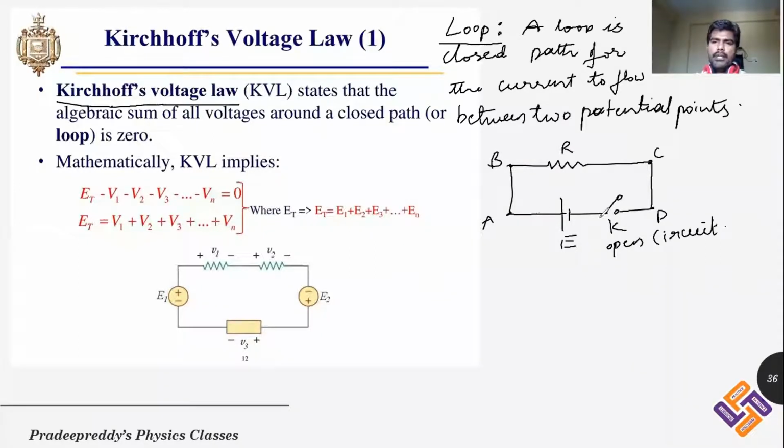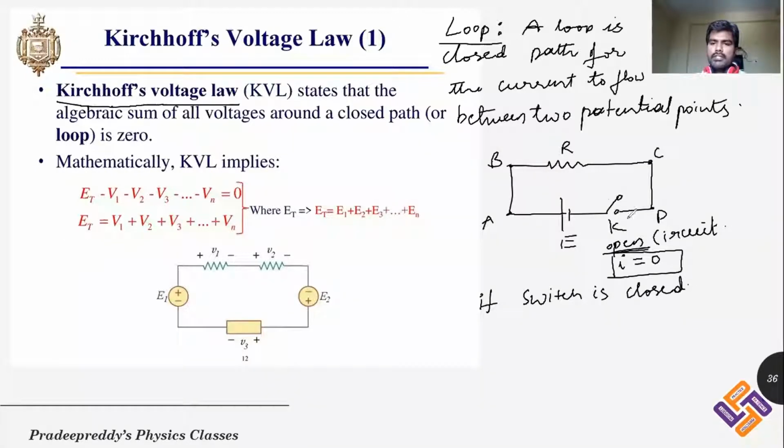As it is an open circuit, current in the circuit will be equal to 0 because there is no closed path for the current to flow within the circuit. Therefore, net current in the circuit is equal to 0 when the switch is open. So if the switch is closed,